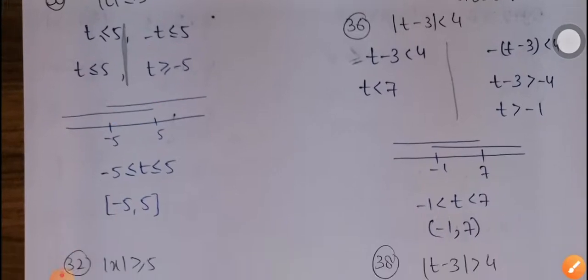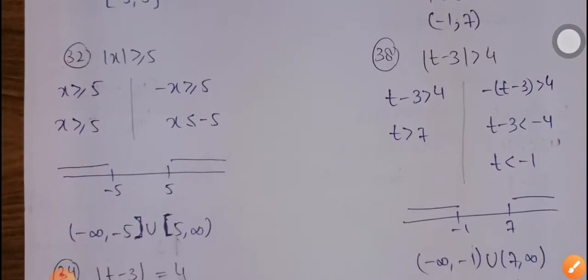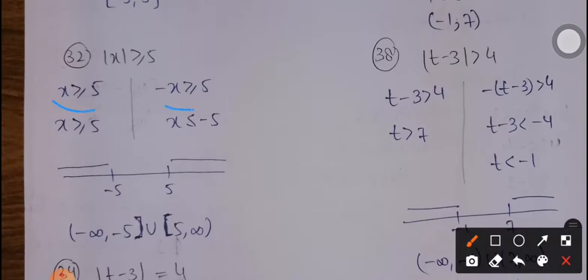because we are having the sign of equality over here. Next is question number 32, |x| is greater than or equal to 5. Again, we will take it positive and negative. So for positive, we get x is greater than or equal to 5, and this provides x is less than or equal to -5. So less than -5, greater than 5 means we are not able to combine the two inequalities into one single interval. So -infinity to -5 union 5 to infinity, but obviously we have to keep the intervals closed at 5 and -5 because of this sign of equality over here.